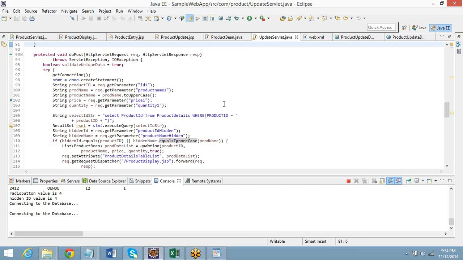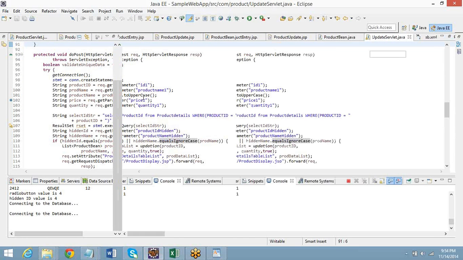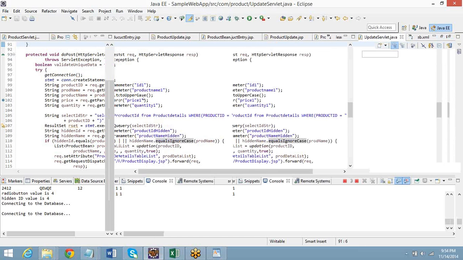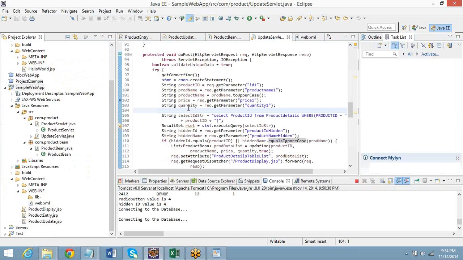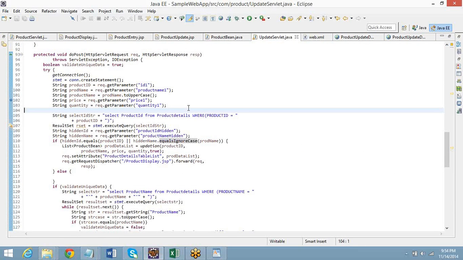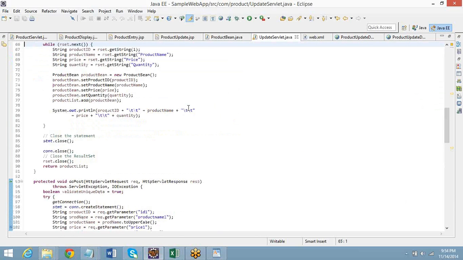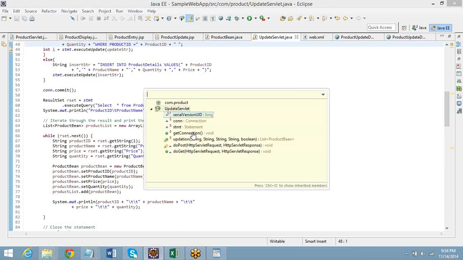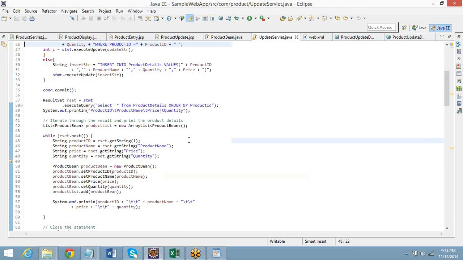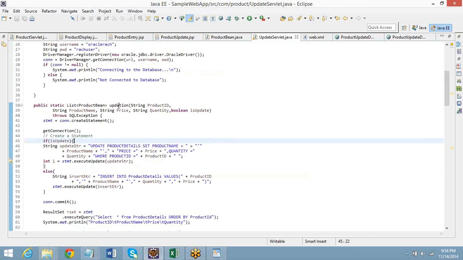Control M. Go to the update method, the updation method. Control O. Click on that.